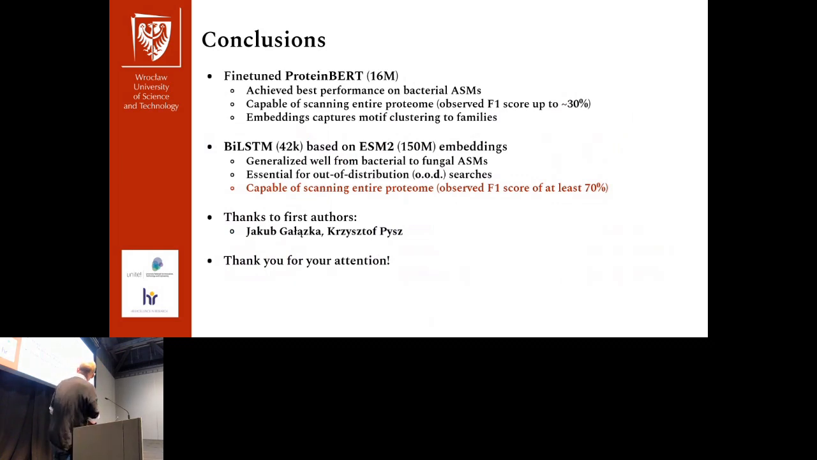To conclude, it seems that we have two reasonably good models capable of scanning entire proteomes, and this is especially true for ESM2-based BLSTM. They can do some out-of-distribution searches, which was important for us. And maybe the one fly in the ointment is that it's still not lightning fast. On a good personal computer, it takes dozens of hours to scan one proteome,